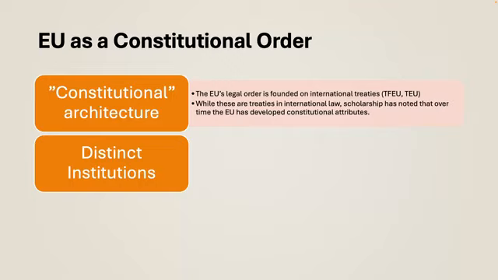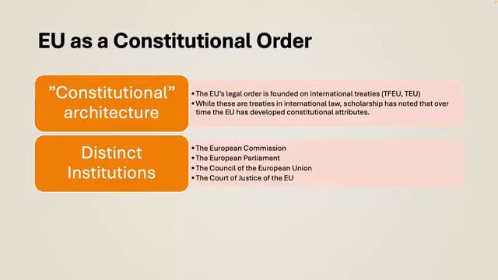We can see that these treaties establish various different institutions that also make law. These institutions include the Commission, the Parliament, the Council of the European Union, the European Council, and the Court of Justice of the EU as well. This institutional architecture then resembles, in a limited way, albeit in fact a less limited way than the WTO, the idea of the separation of powers that you might see in a domestic constitutional system.